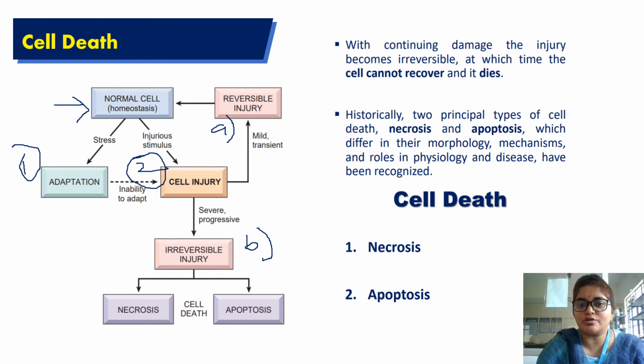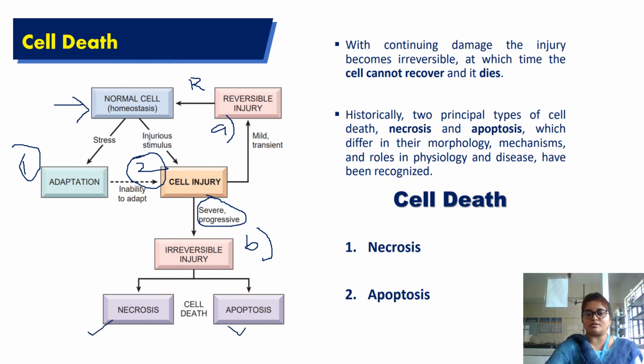So if the cell injury is mild and transient, it leads to reversible cell injury, and after repairing that injury, it can turn back to a normal cell and the functioning of the cell will be normal. If it is severe and progressive, that means if it is still getting worse day by day, then it leads to irreversible cell injury, and that may lead to either necrosis or apoptosis. Now we'll see the difference between necrosis and